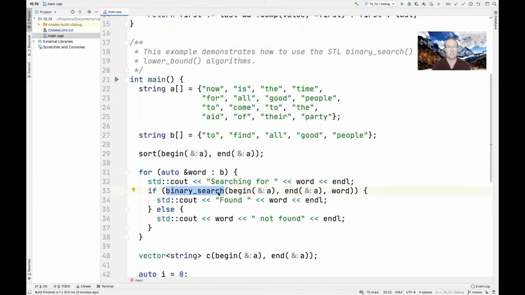Now that, of course, has to assume that the range it's given is sorted, because otherwise binary search will have a flaming destructo mess. So it's going to go ahead and search from beginning to end, and it's looking for each word. Now, as you'll see, it'll find "to," "all," "good," "people," but it won't find "find"